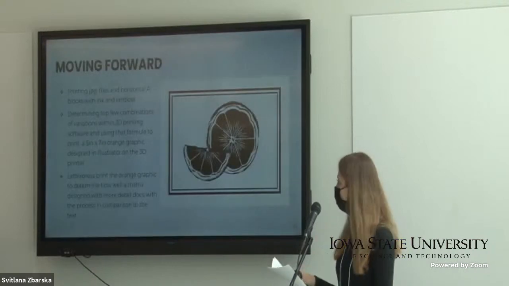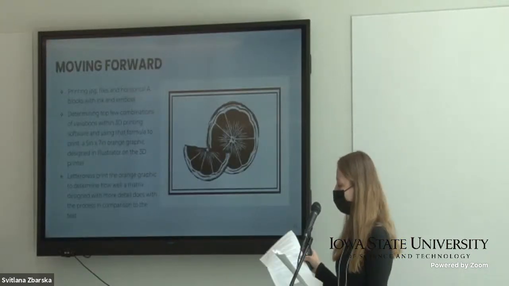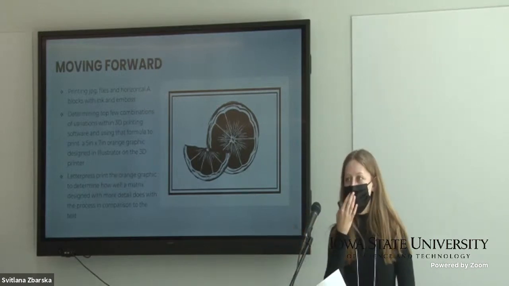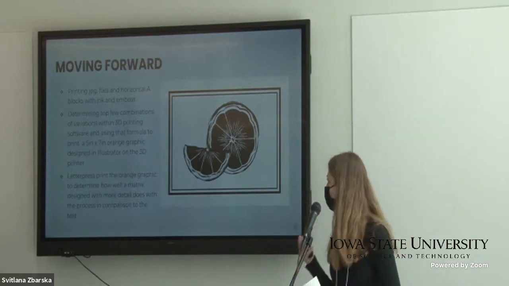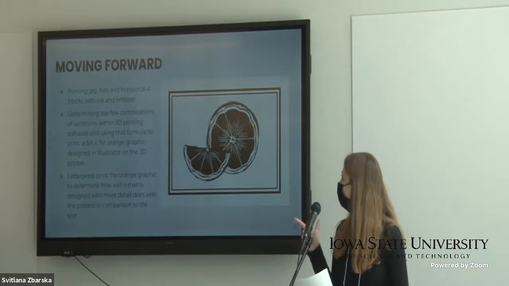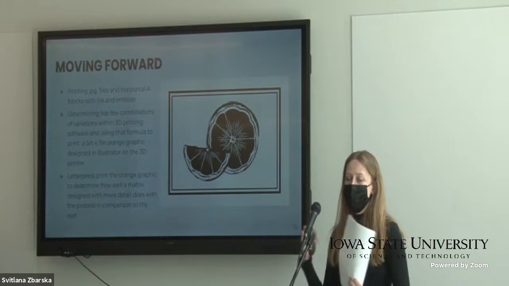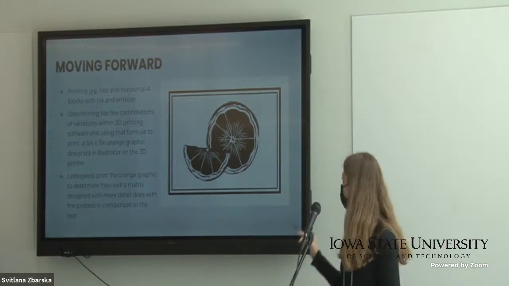So moving forward with this research, we plan to continue printing the A blocks that we have not yet got to print, both on the letterpress, which includes the JPEG files, and the horizontally built A's. After that, once we can look at this stage of printing as a whole, we plan to print this 5 by 7